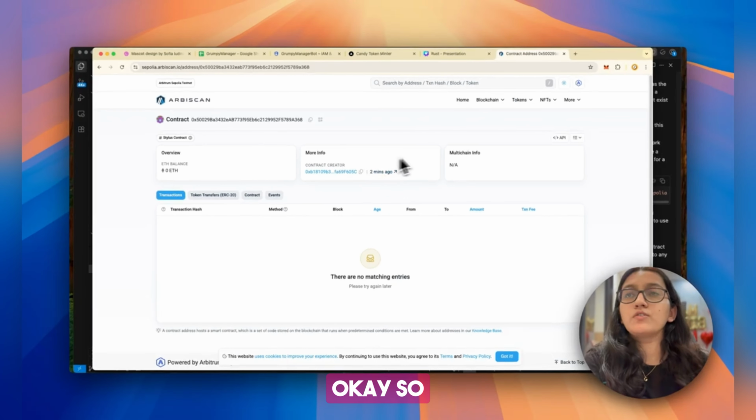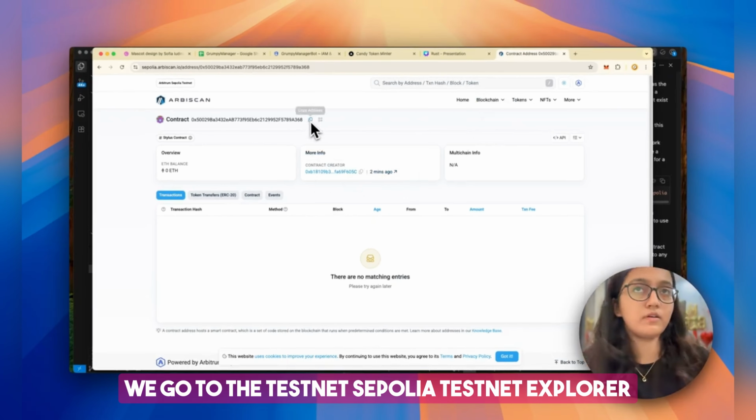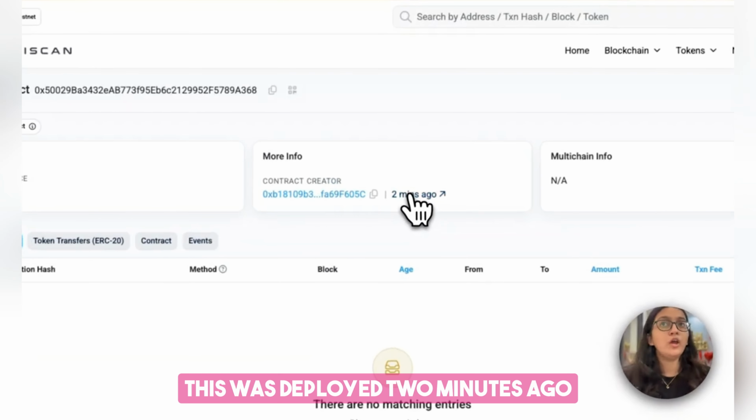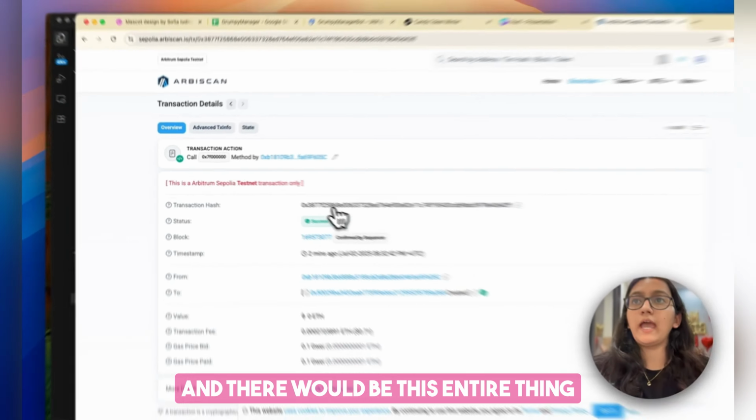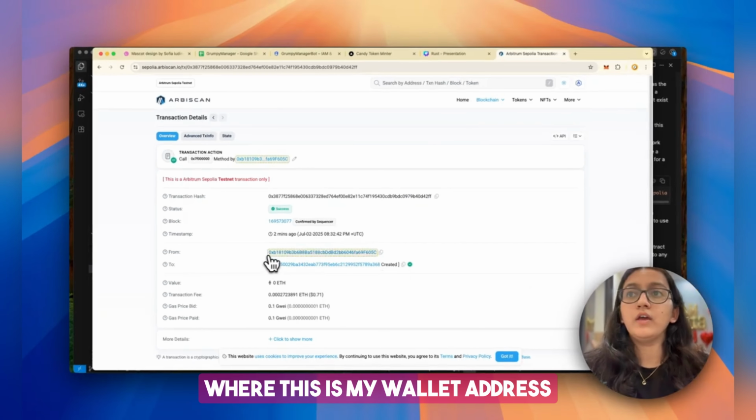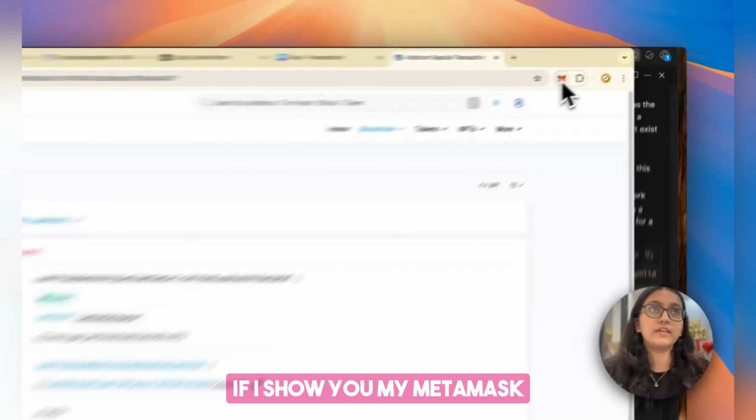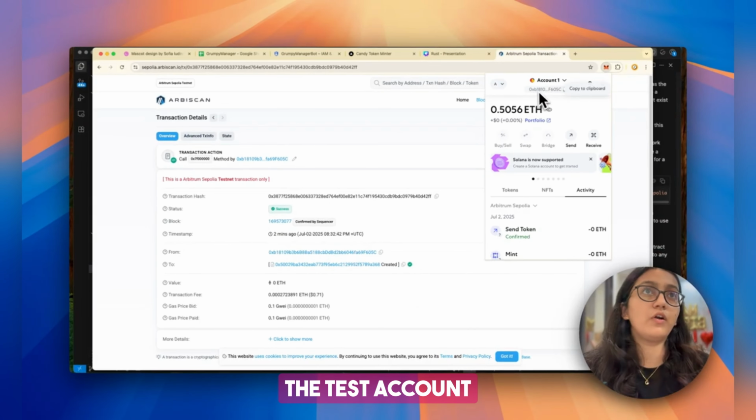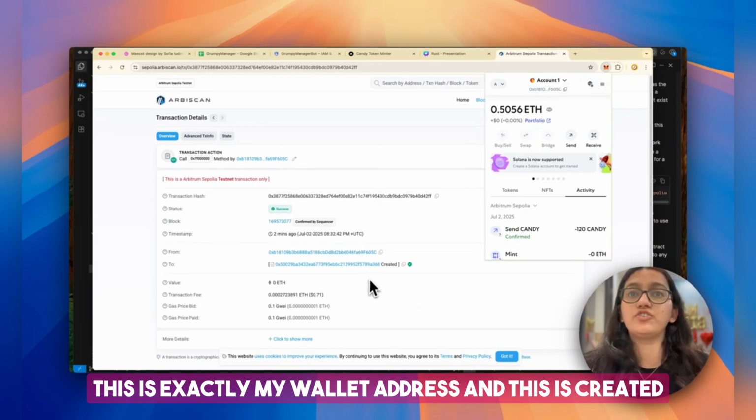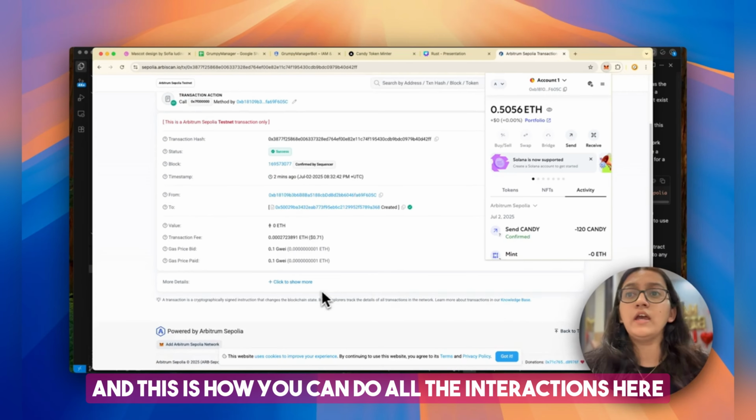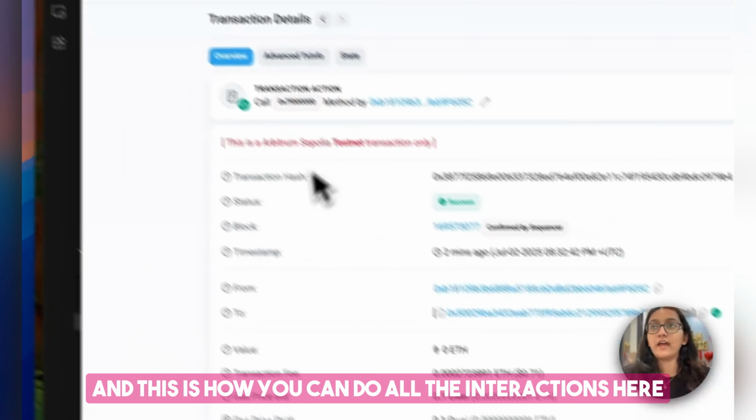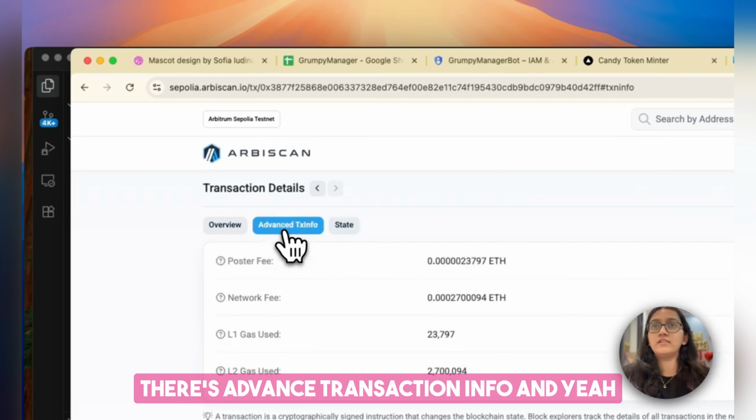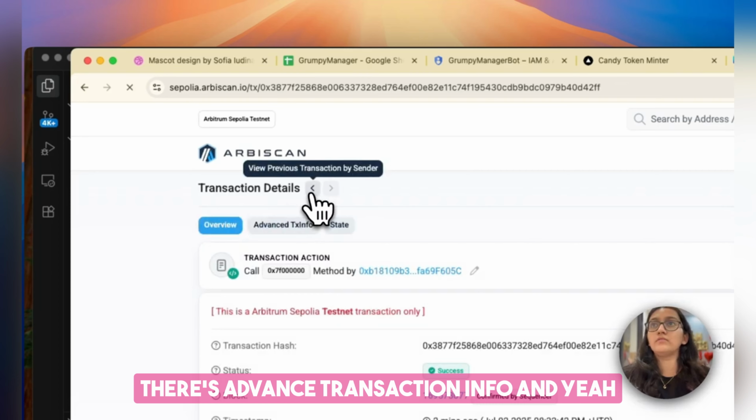Okay, so we go to the Sepolia testnet explorer, and you will see that this was deployed 2 minutes ago. This is my wallet address. If I show you my MetaMask, the test account, this is exactly my wallet address, and this is created, and this is how you can do all the interactions here. So there's state, there's advanced transaction info, and yeah,